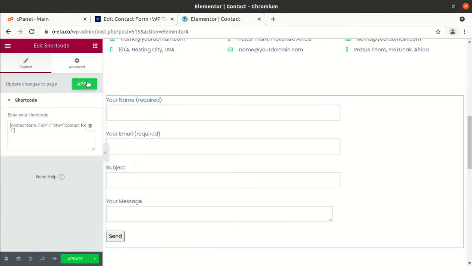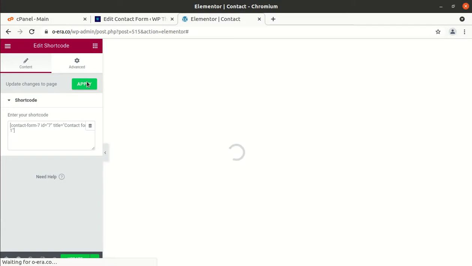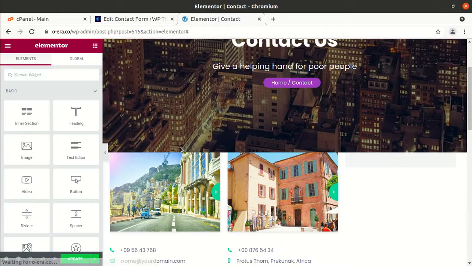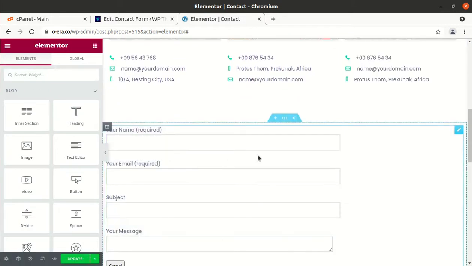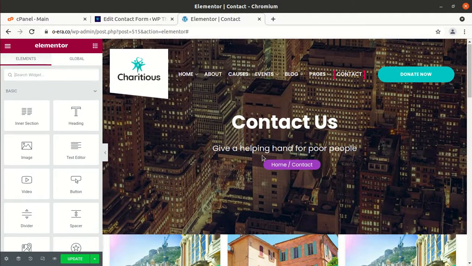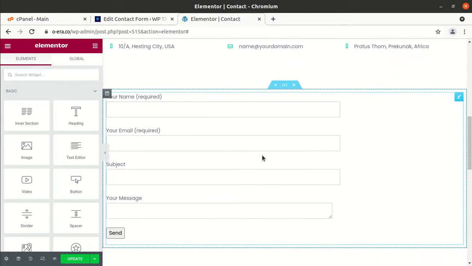Okay, just click on apply. Okay, it was so simple to bring Contact Form 7 onto a web page. This is the contact us page. I just reframed the page just for illustration purposes, and that is for you.